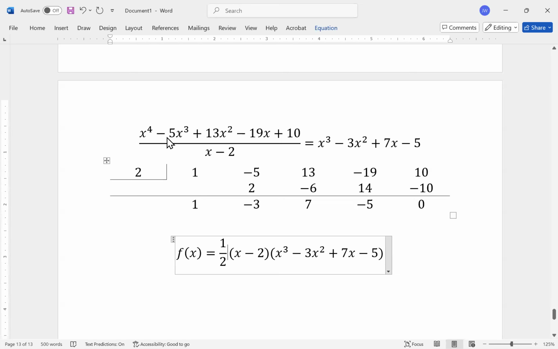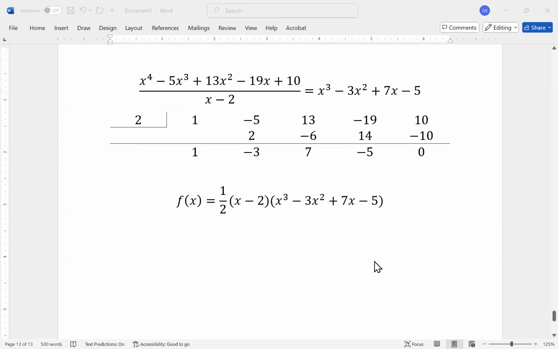So here's that division. We've done that, and dividing by x minus 2 gave me x to the third minus 3x squared plus 7x minus 5. So that's my f of x. My f of x is 1/2 times the quantity x minus 2 times the quantity x to the third minus 3x squared plus 7x minus 5. If you want to, you can push pause and go see that you can do it,